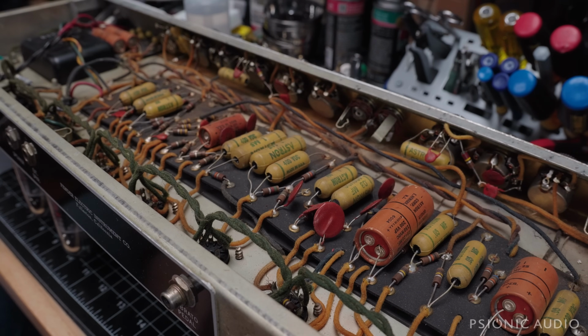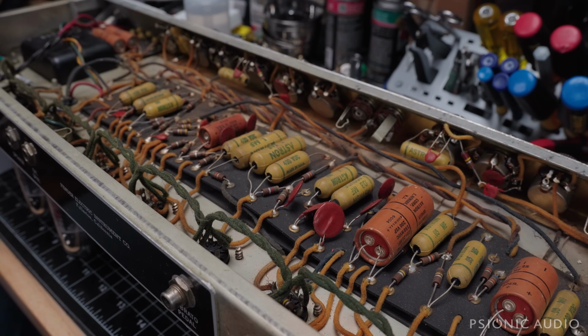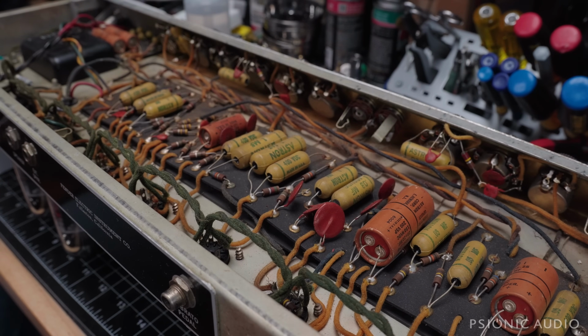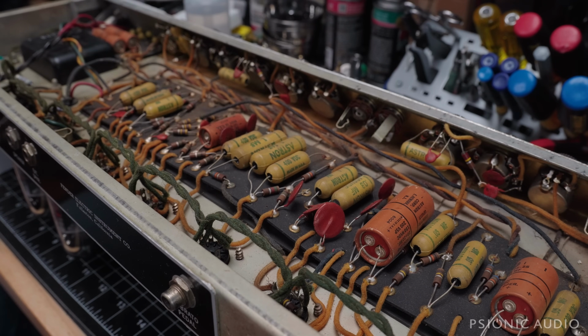All right, so aside from the 2 screen grid resistors here, which look to be some 2-watt metal oxides and a poorly changed out power cable, I'm not seeing anything else in here which has been touched at all, including the old electrolytics, which do have little bits of bulge at some of the positive ends, especially that one there. And it is chock full of these yellow Astrons, which are notorious for leaking DC. But since it at least has new filter caps, I'm going to power this up on the current limiter, just in case there's any issue with the bias from these old caps, and see what the current sound and performance is. I know that I'm going to be changing the electrolytics, and I know that I'm probably going to be